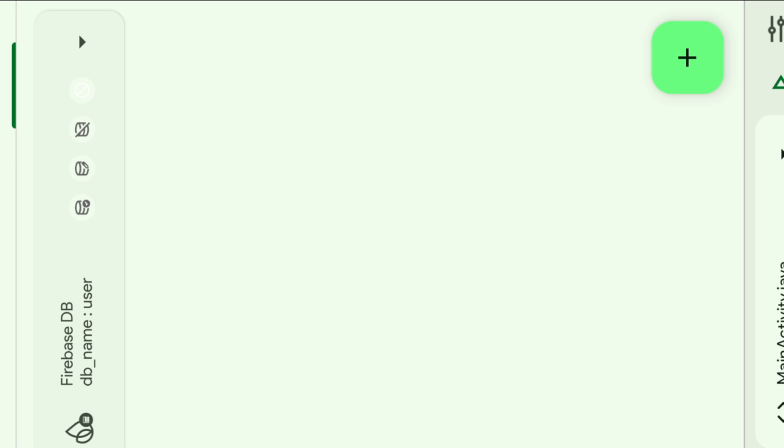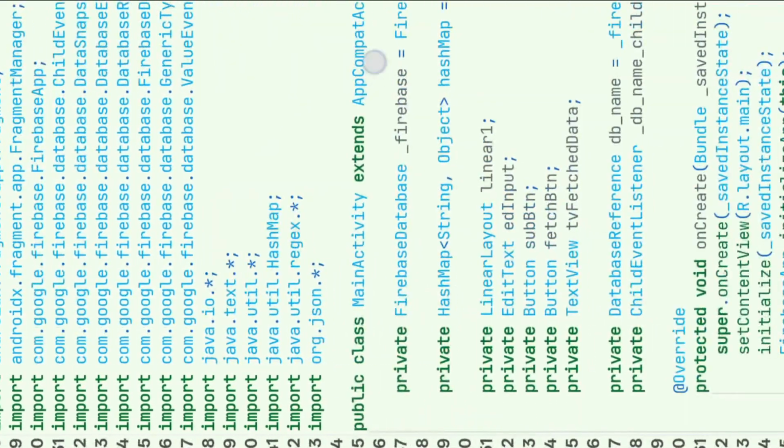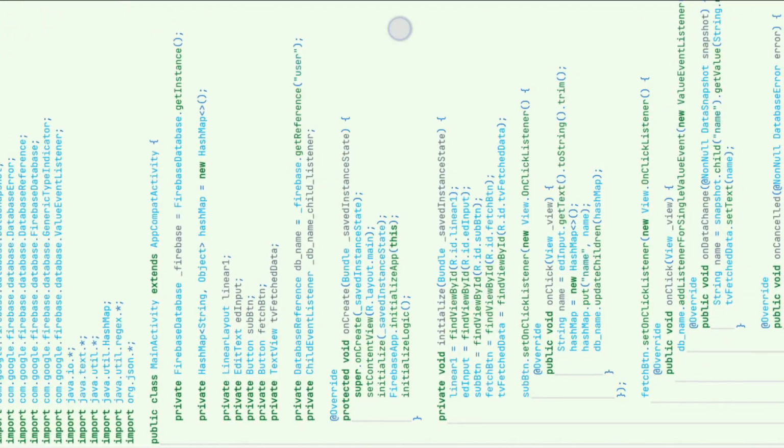But again I got this error, so I want to fix it. I am getting the error because I created this default code. So I want to remove this, and after removing it I can easily fetch the data and add the data.